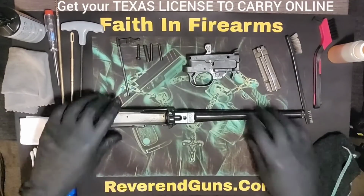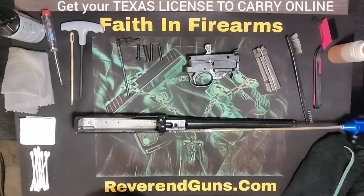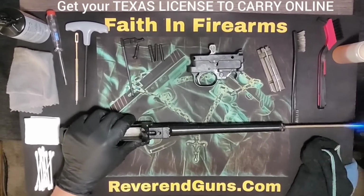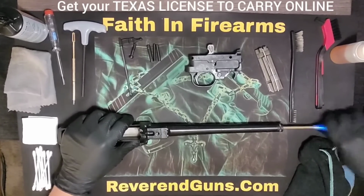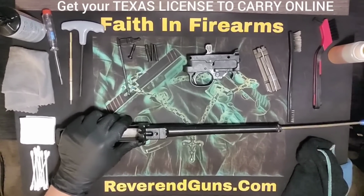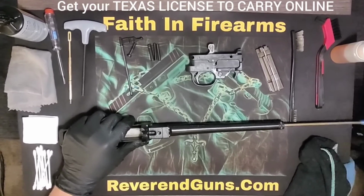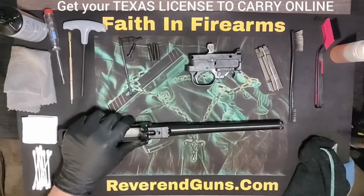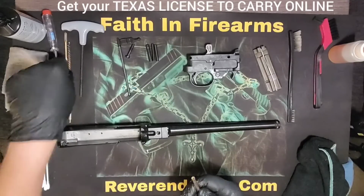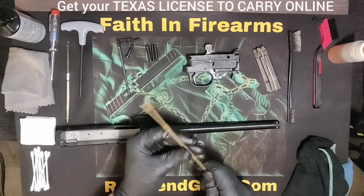Alright. Now we'll do the barrel. You have to get kind of a long rod for this because that barrel is still quite long. So you want to make sure you have a long enough brush to get through, and scrub it out. Take the brush off